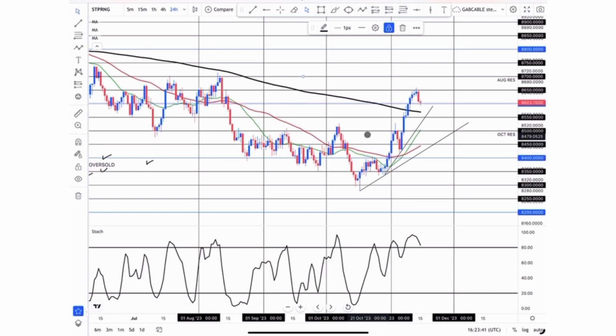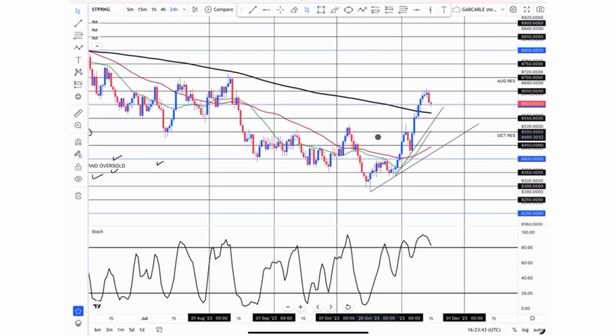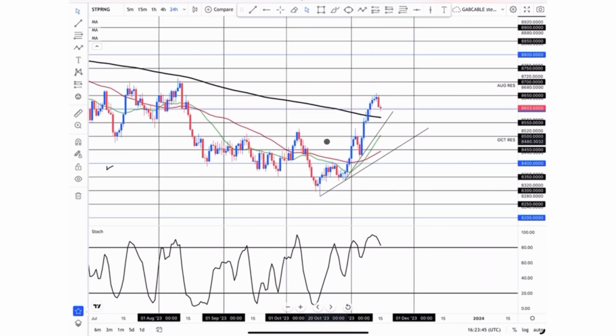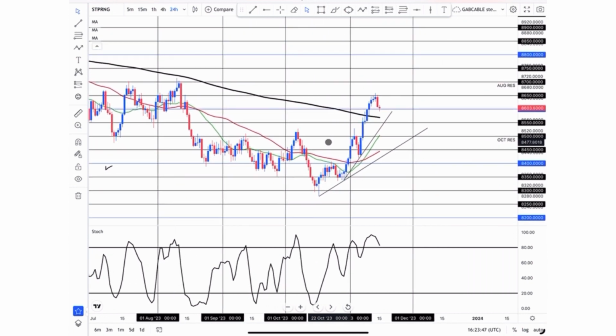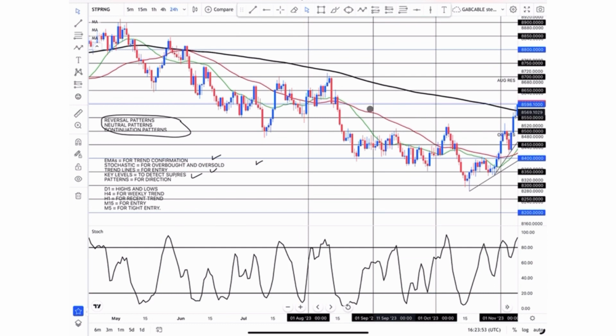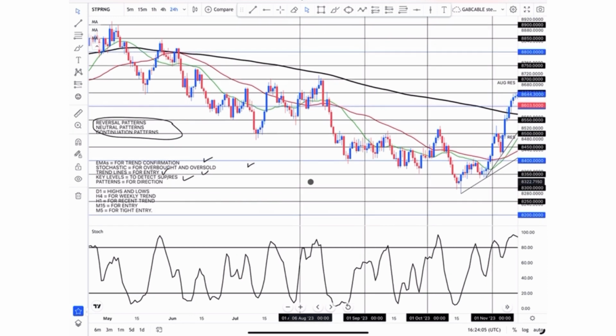What I'm going to do next, since I have input my trend line, is switch time frames now, guys. I think we have everything. We have trend lines as well. Now that we have the full package,